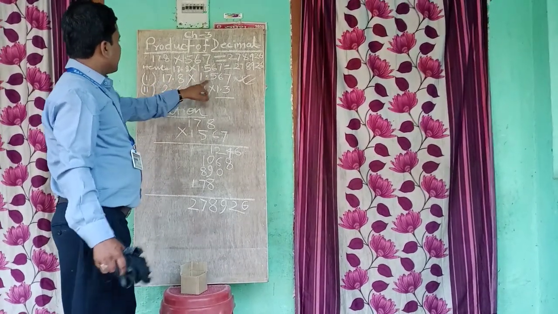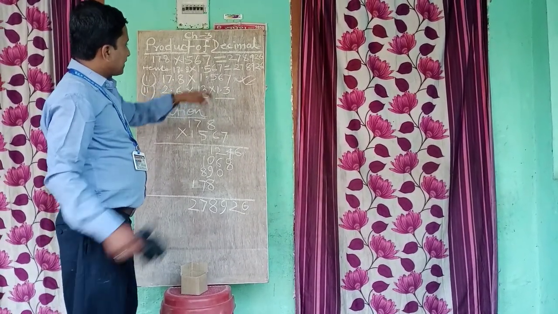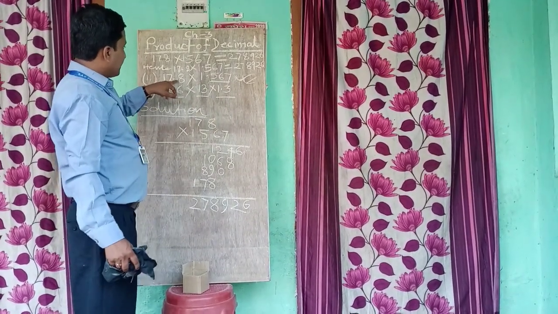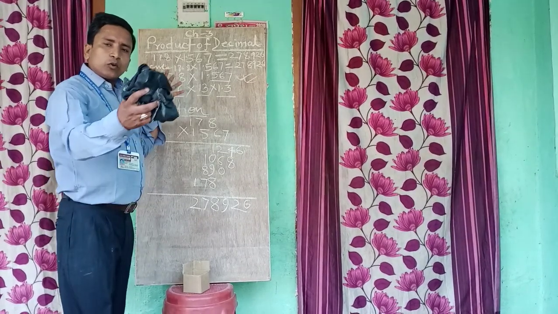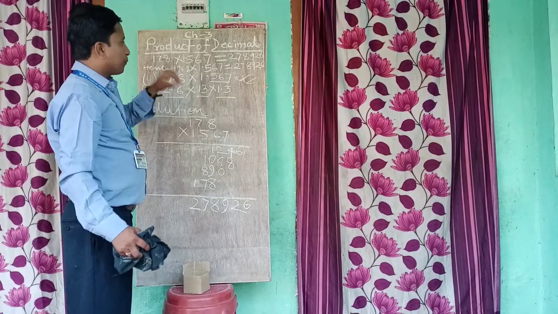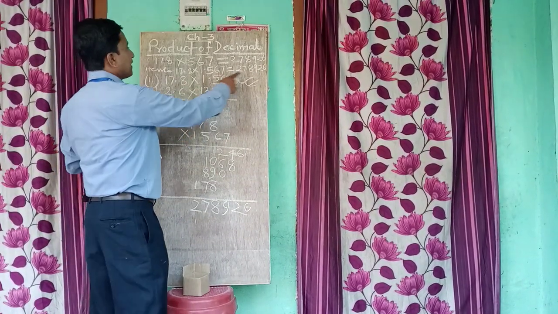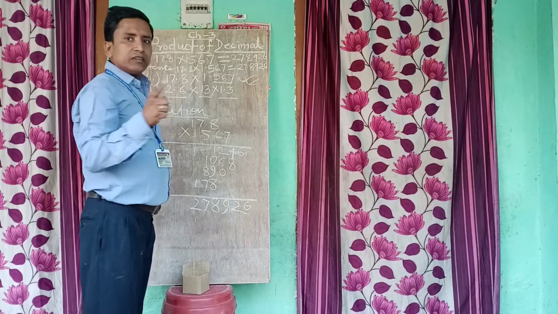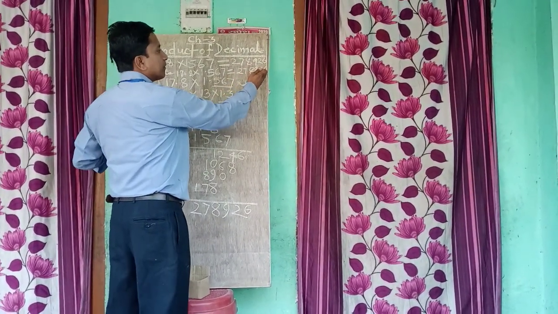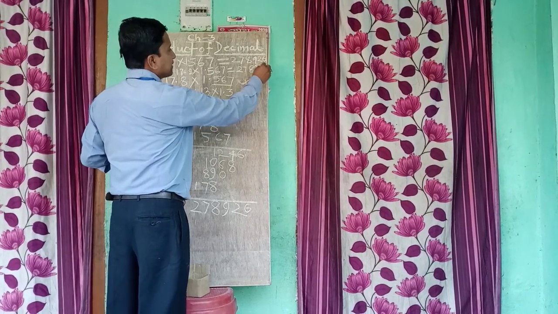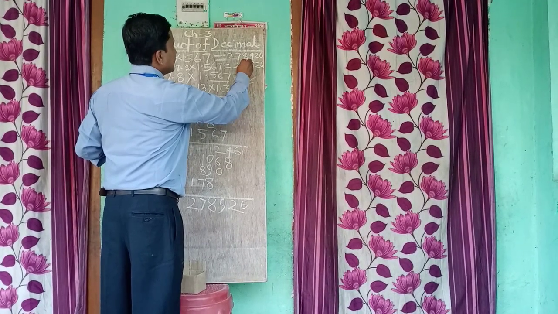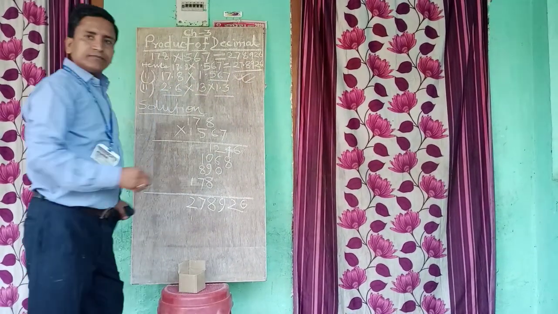Here in the given question you see after the decimal there are 3 places, and here 1 place. So you have to add both numbers of places, 3 and 1, 4. So in the result you have to put the decimal before 4 places. First place, second place, third place and fourth place, you put it here. This is your required answer.